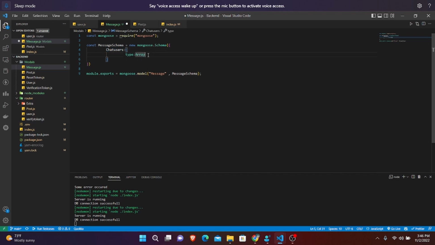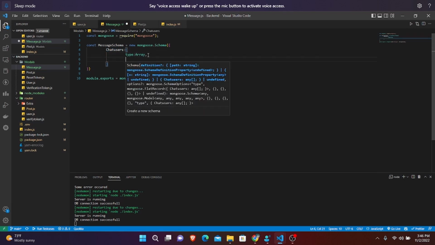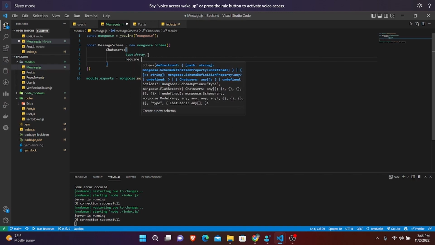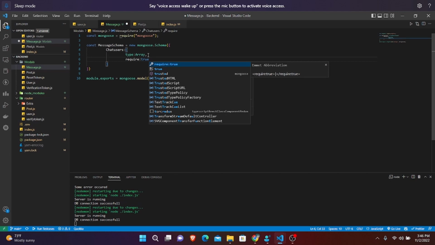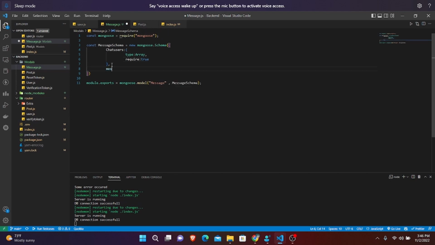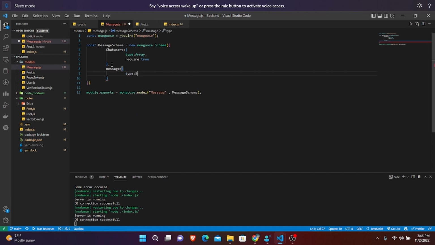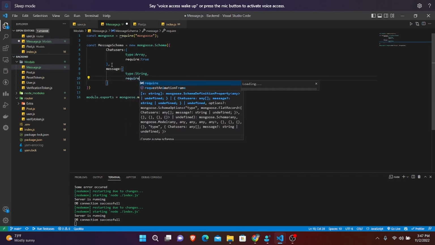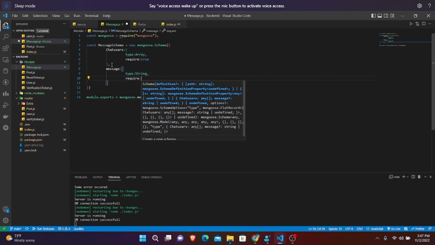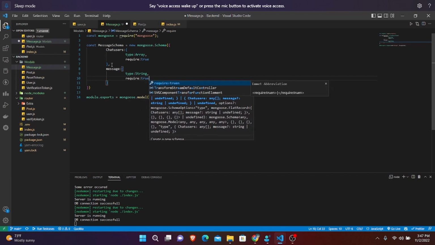Okay, and after that we need to write required, which is true, and after that we need to write our message. So let's write a type which is a string. Required will be true,